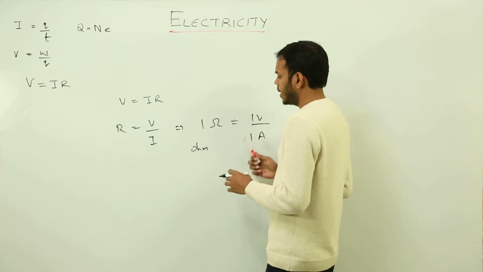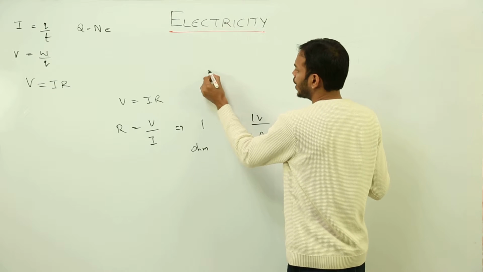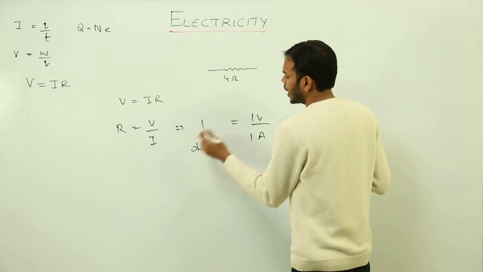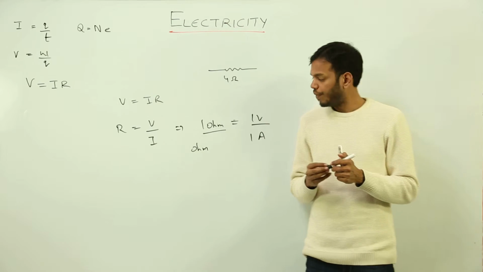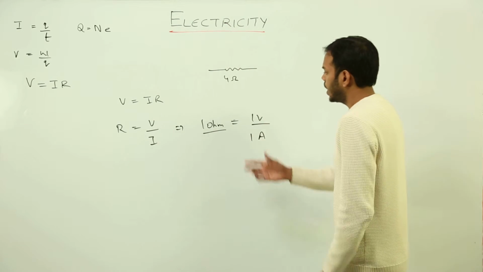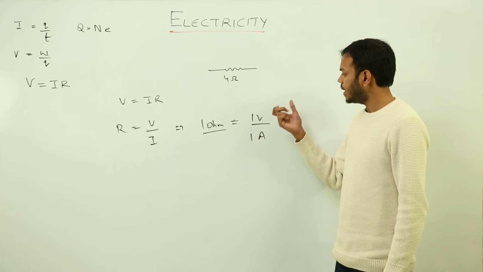See, right now this is the symbol of ohm. We always use, for instance, I write this is 4 ohms, right? So for now I'm writing it ohm for sake of simplicity, and now we have to define the value of ohm. So what I can say, the resistance of a resistor is said to be 1 ohm when a current